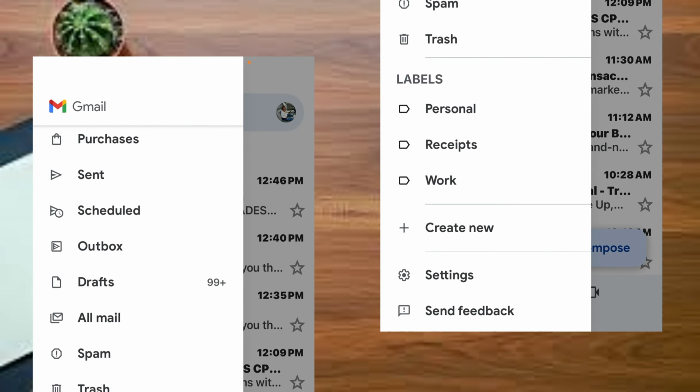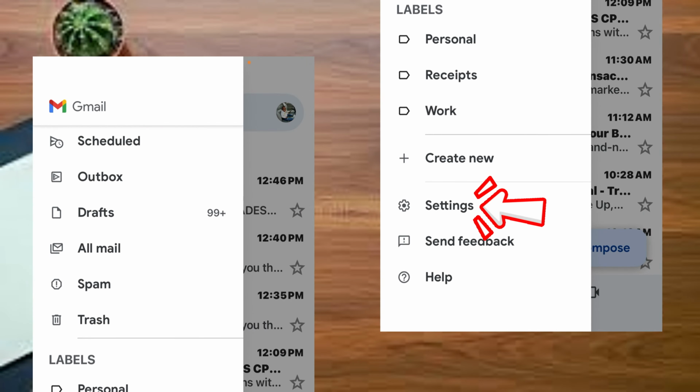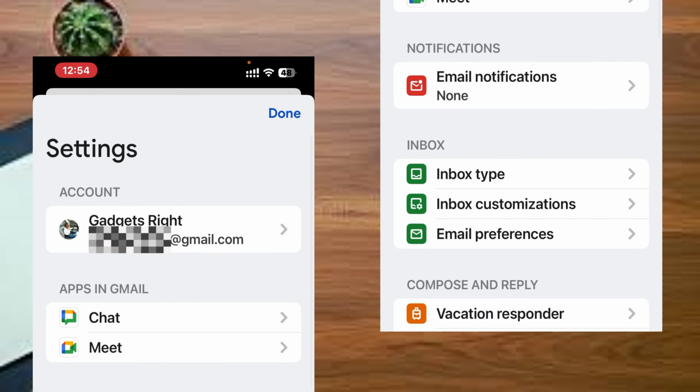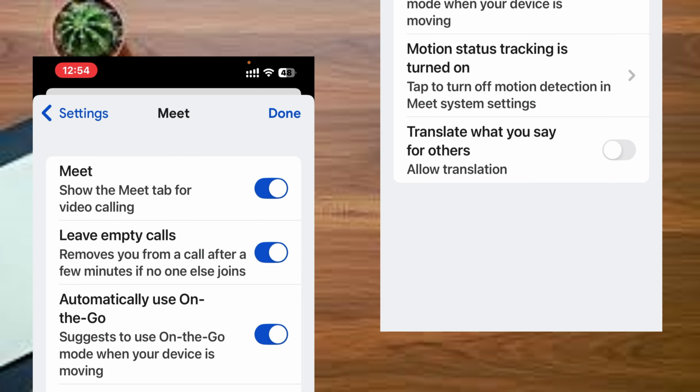Tap on the trailer on top of the screen here. Scroll down to the settings button. Tap on it. Now tap on the Meet button here under apps in Gmail. Now you have this option that comes up: Show the Meet tab for video calling. Then leave empty call. So to disable and enable these settings, if you want to disable it now, tap on